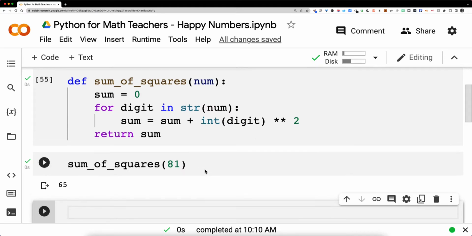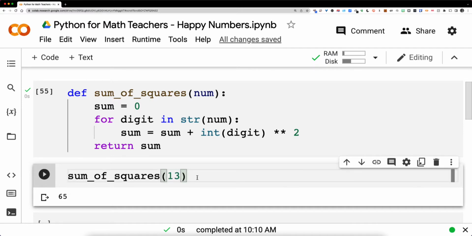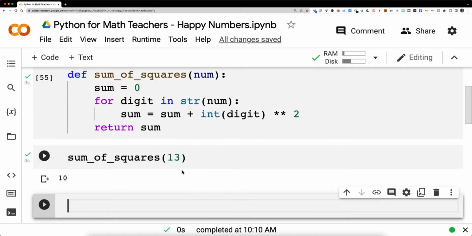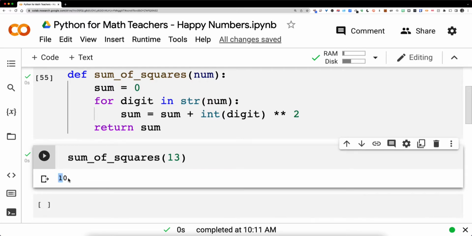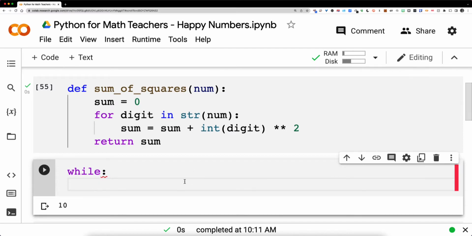All right. So now let's use our first example of 13, because we know that 13 worked, right? Because we'd have 1 squared plus 0 squared is 1. So 13 is a happy number. So what we want to do is loop through the sum of squares over and over again. All right, so we want to create something called a while loop. Basically a while loop will keep running until some true thing or some false thing is true. So we want to say while